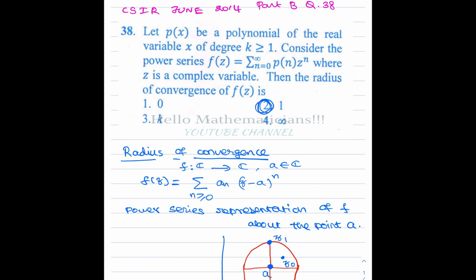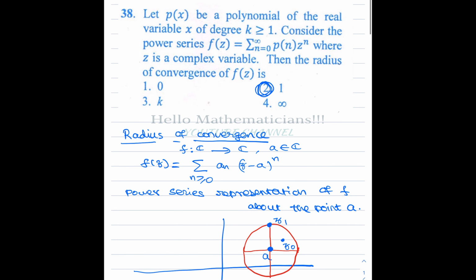Again, there is some universality here. What is the meaning of that? They are saying that whatever polynomial you take, the answer will be either this or this. Now this p of x is arbitrary, but the answer is a fixed number. So from that you understand that whatever polynomial you substitute here, the answer is always the same. That is why they could ask this kind of question.